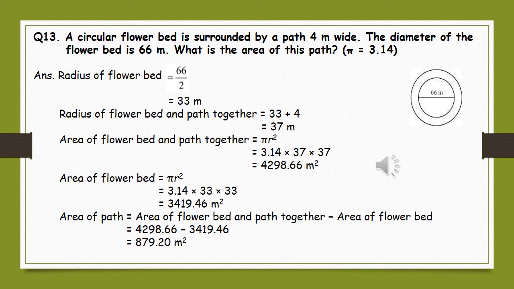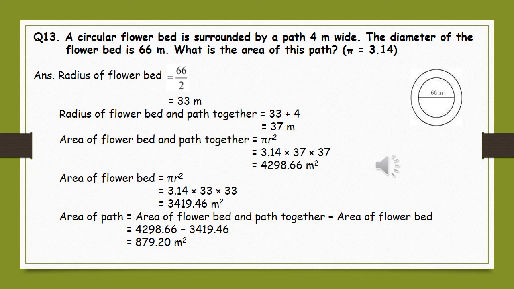4298.66 meter square. Now we are separately finding the area of the flower bed with the same formula, pi r square: 3.14 into 33 into 33. Here we are using the value of inner radius, and if you calculate, we are getting 3419.46 meter square. So if you want to find out only the area of the path,